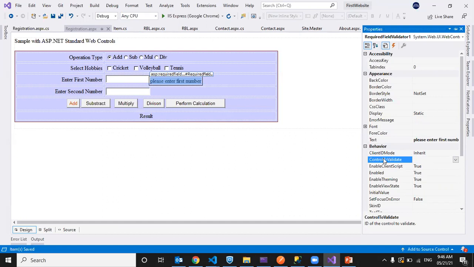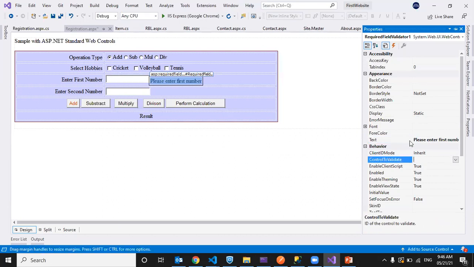Now the important properties. ErrorMessage is the message we display in the validation summary if the control to validate fails. Text is the message to display to the user when the control fails validation. Next, ControlToValidate.